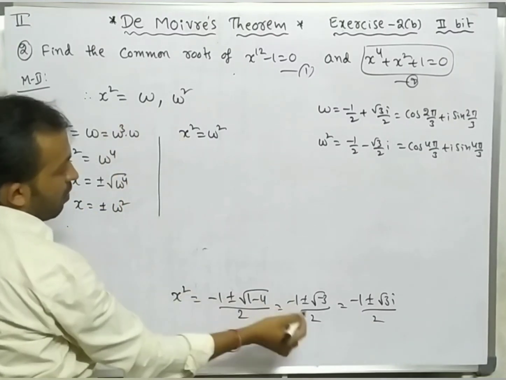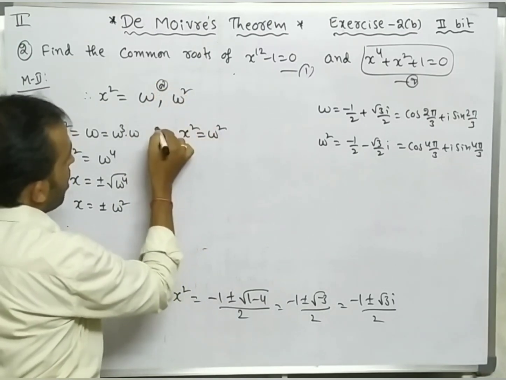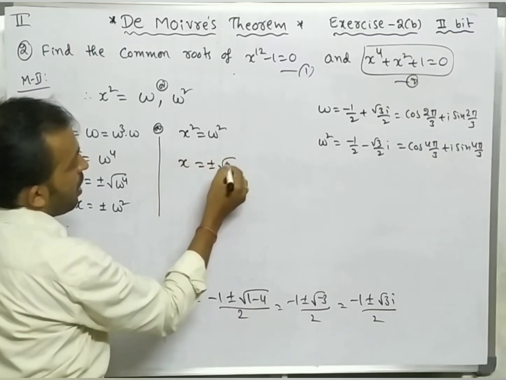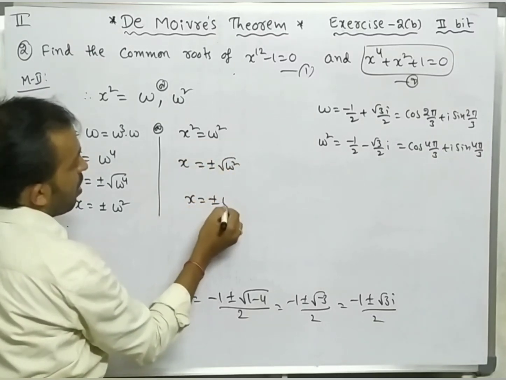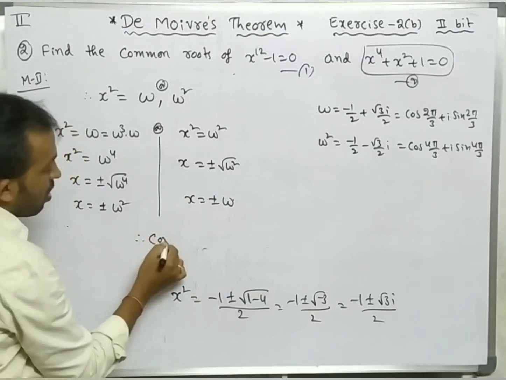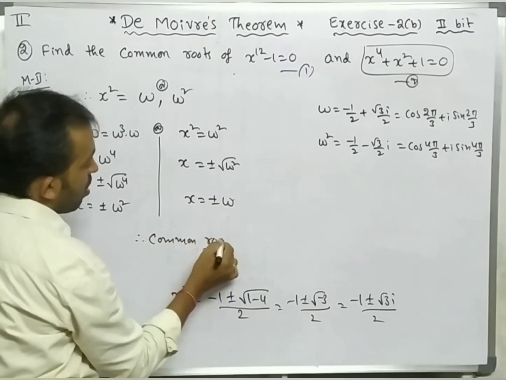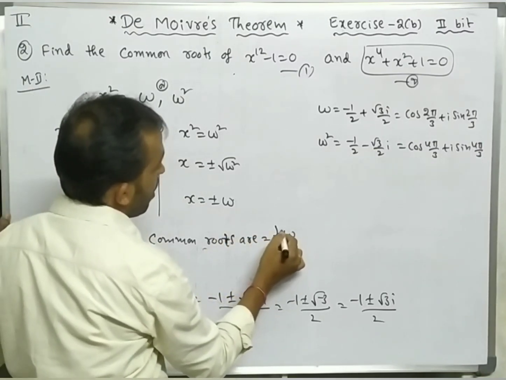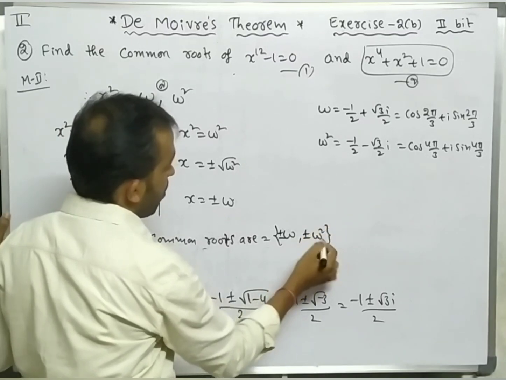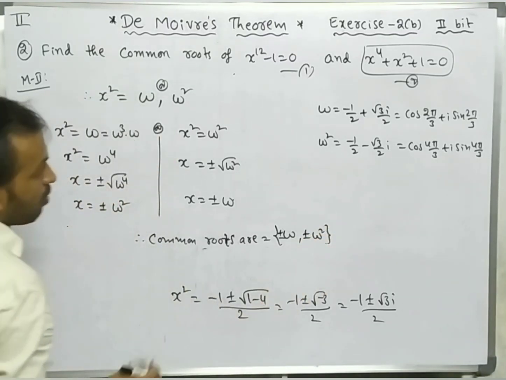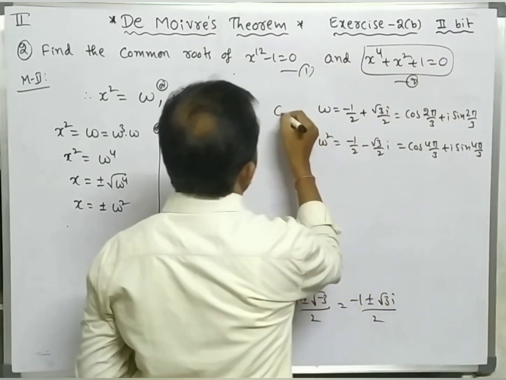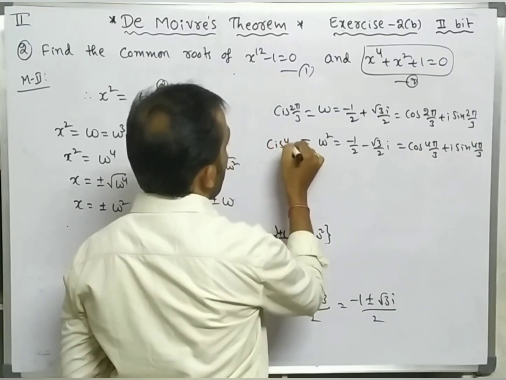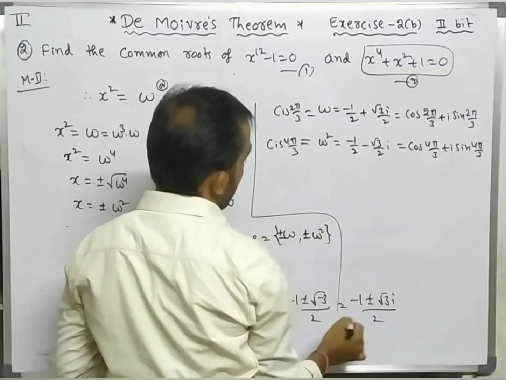Next, here we have x square is equal to omega or omega square, right? So once we take omega square, x is equal to plus or minus root omega square. In this case you will get plus or minus omega. So therefore the common roots are what? Plus or minus omega, plus or minus omega square. Okay, so omega can be written as cis 2 pi by 3, omega square can be written as cis 4 pi by 3, and